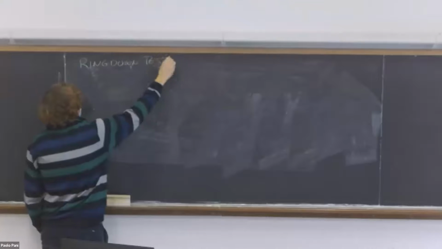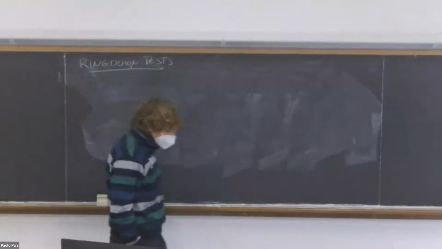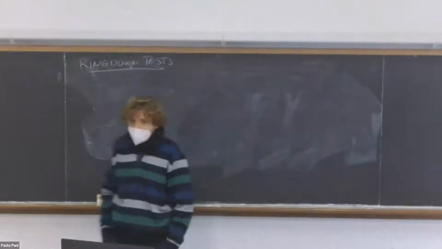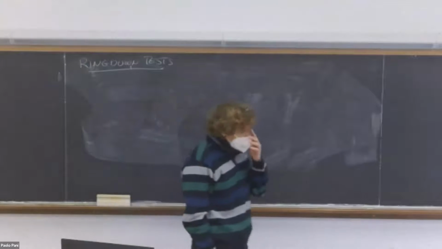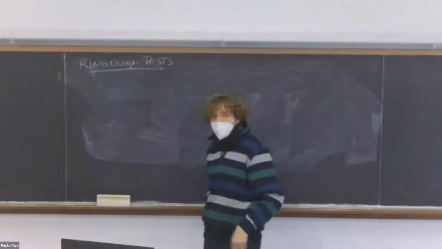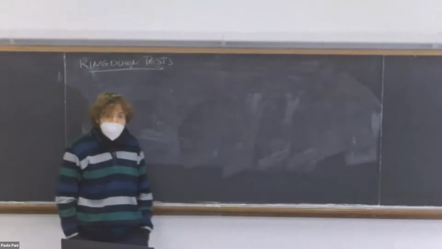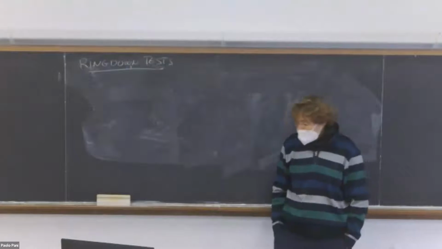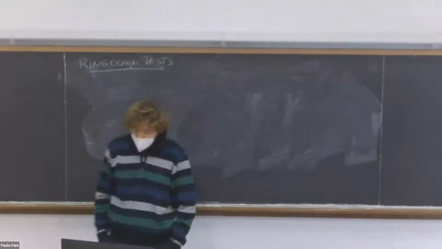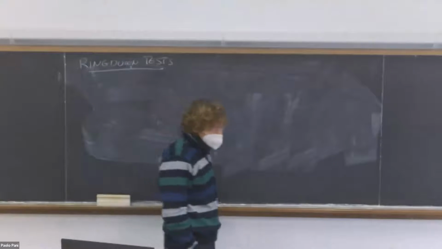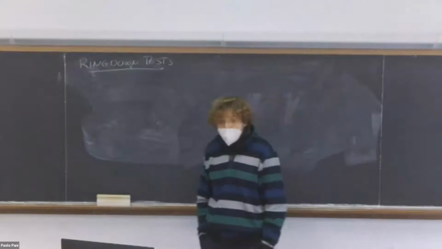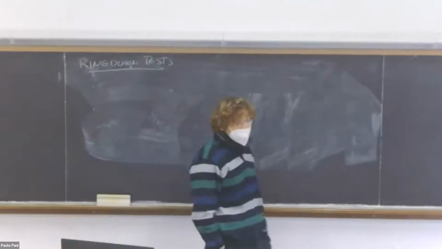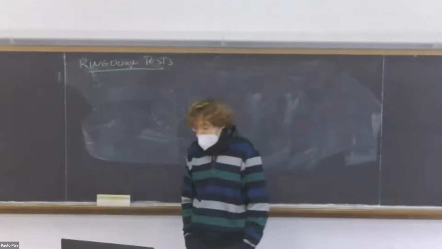Okay, so let me move now to the main topic of today's lecture, which is ring-down tests. As I was mentioning yesterday, in a coalescence, of course, you well know, the initial phase is the inspiral, then we have the merger of the volume, which is highly dynamical and cannot be described within perturbation theory or within post-Newtonian theory. But after the merger, the final object, the remnant, settles down to a stationary configuration, emitting gravitational waves, and this